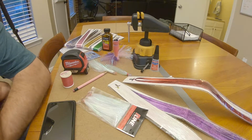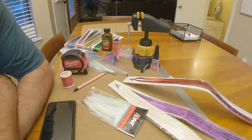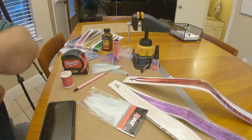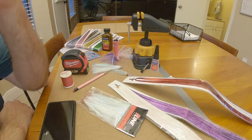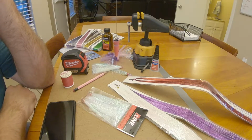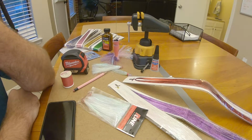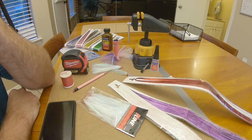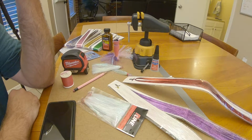Hey folks, Roy here. I'm going to show you guys my plan on making a custom king mackerel duster, skirt, whatever you want to call them, for what they call a stinger rig. Consists of some wire, usually Malin single strand, but you can use multi-strand, swivel, J-hook, treble hook, trailing treble hooks. The way these guys rig them for the South Texas coast, Gulf Coast, is about 24 inches of 61-pound